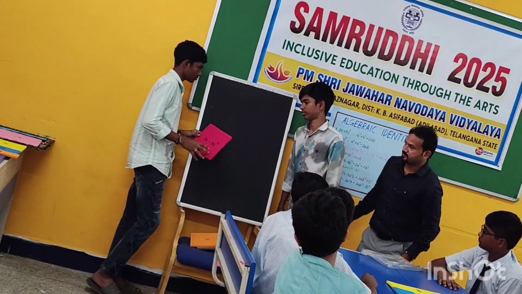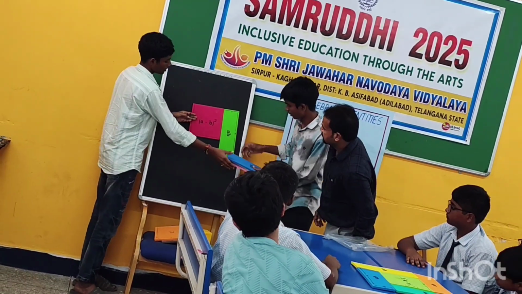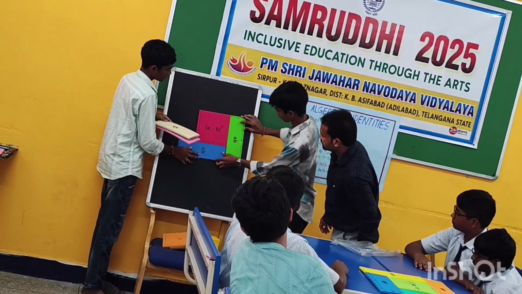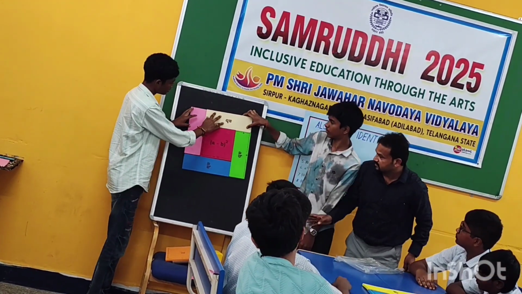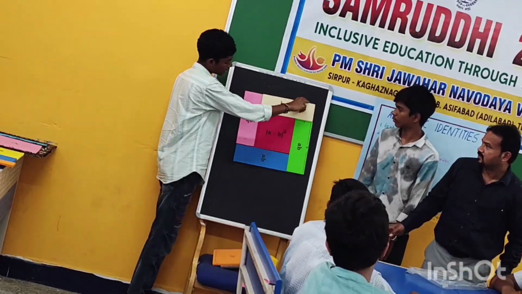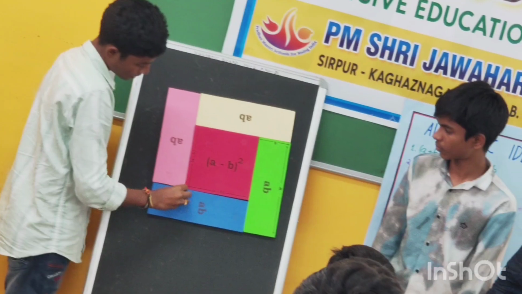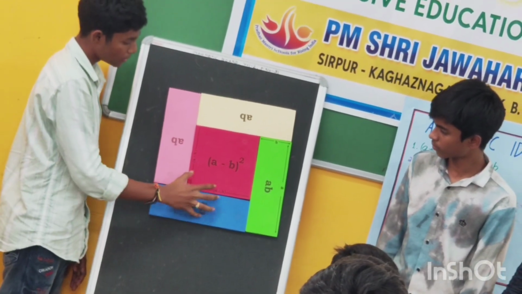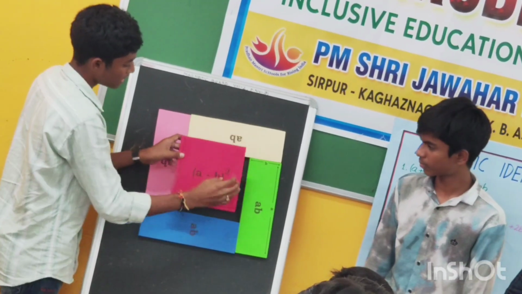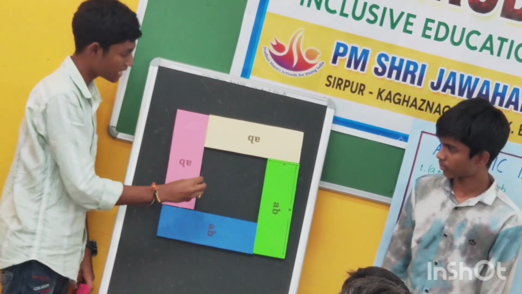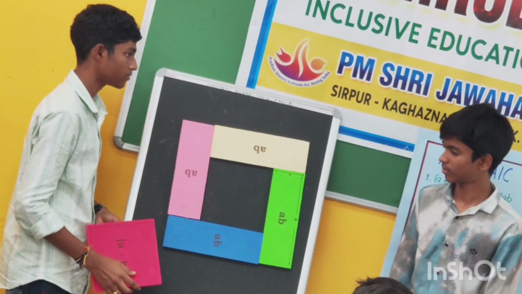Very good. This is A minus B whole square. These are A and B. You are able to see. This is A and this is B. The total length is A plus B. So same, there are 4. The area becomes a square. So the total area is A plus B whole square. Now if you remove this, it becomes A minus B square, meaning A plus B whole square minus A minus B whole square. So what is left? You have a big square.